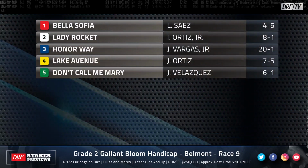Dan Illman, Mike Beer, the feature race at Belmont Park on Sunday. Race number 9, the Grade 2 Gallant Bloom Handicap. Let's throw up the field. Fillies and mares going 6.5 furlongs. This race might be a key prep for the Breeders' Cup Filly and Mare Sprint for horses trying to challenge